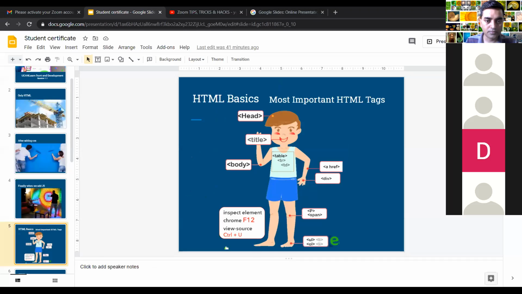Sir, tr tag. Very good. Then we have to add one extra tr. Yes, this is the right answer. Now, if we want to go from one page to another page, what tag should we use?